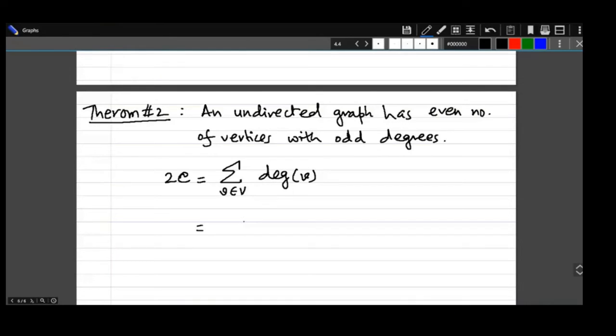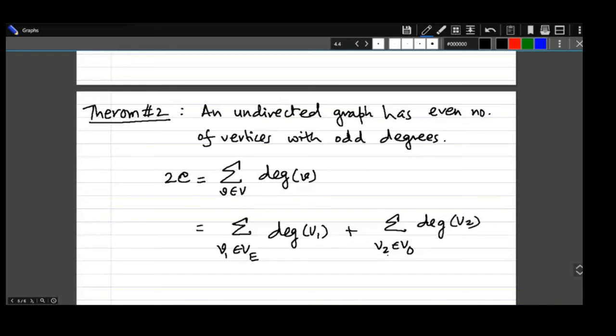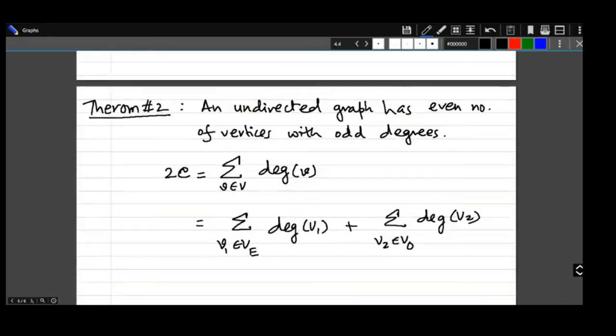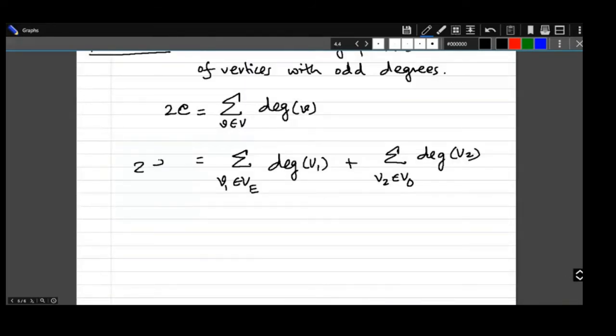Let's say there are some vertices having odd degree. So v1 belonging to the even set V_e, this is the degree of v1, plus the summation over v2 belonging to the set of vertices with odd degrees, the degree of v2. So this is the set of vertices having even degrees, and this is the set of vertices having odd degree. Ultimately this is going to be even because